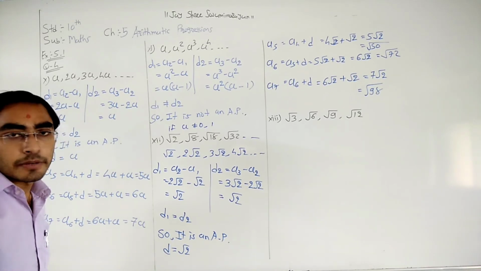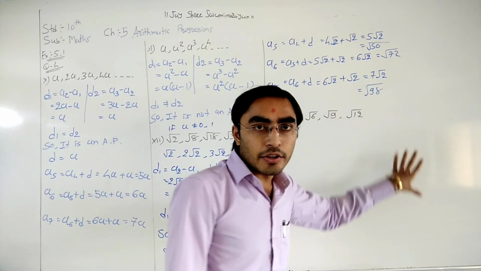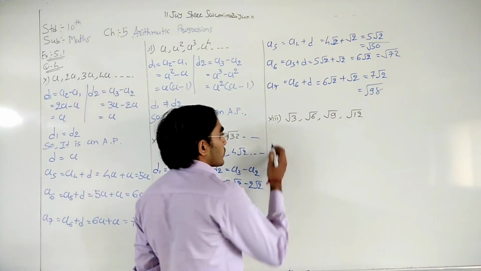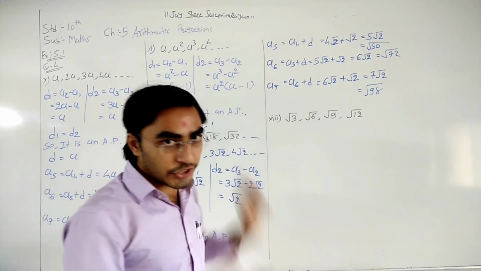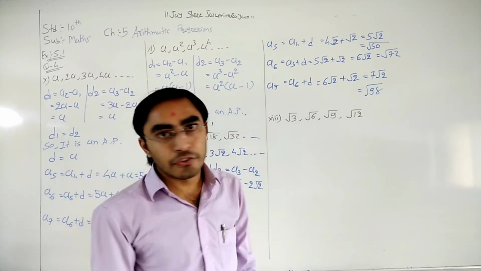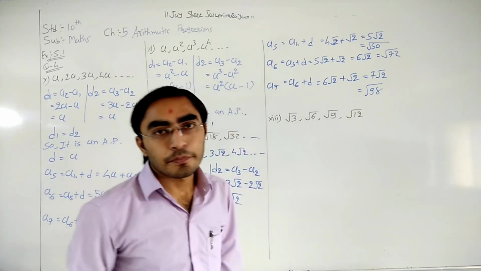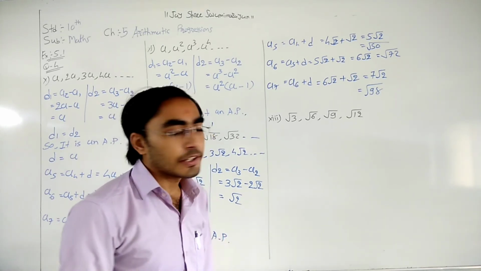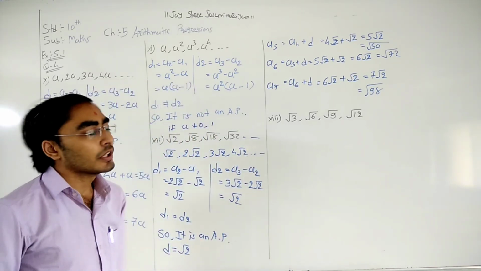After that, question number 13: under root 3, under root 6, under root 9 and under root 12. Okay? First of all, we cannot simplify further, because under root 3 remains as it is, under root 6 remains as it is, under root 9 is 3, and under root 12 again remains as it is. Yes, we can simplify 12: it is 4 times 3, and we can take the square root of 4 and write 2 under root 3, but it's a little bit complicated, right? Here we have the same pattern, that's why we convert it, but here we do not need to do it.